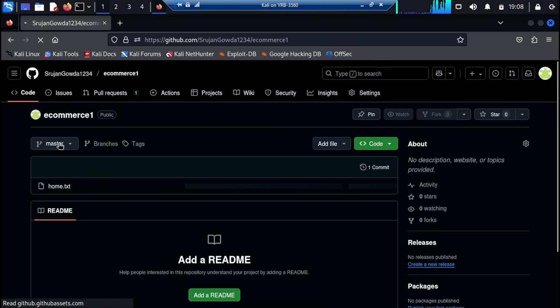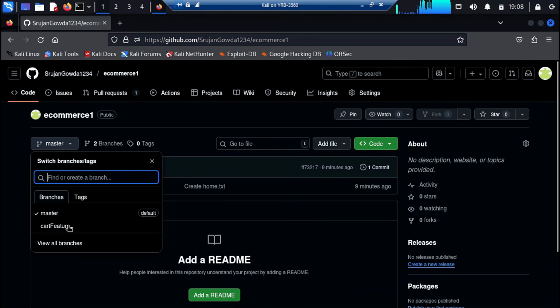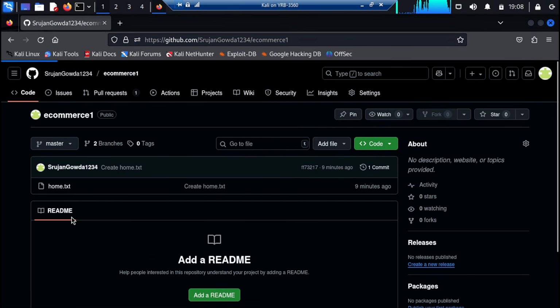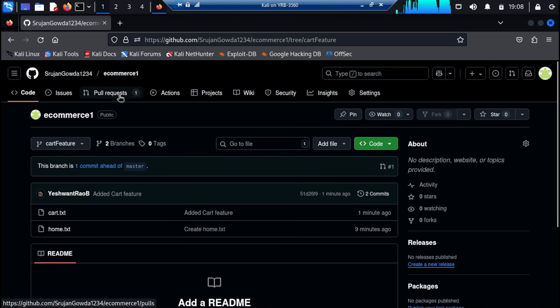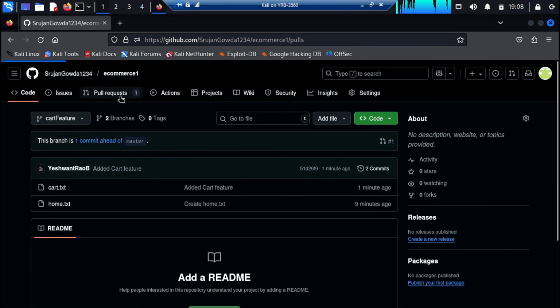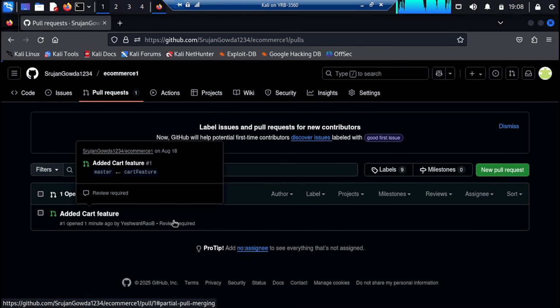See once I reload it, I can see the okay. It's still loading. Let us wait. Okay. See I can see the cart feature also, right? So this has been updated in this also. And I can see a pull request. You can see one is shown, right? So if I go to this pull request, see added cart feature, review required. So let me just review this. I click on this,